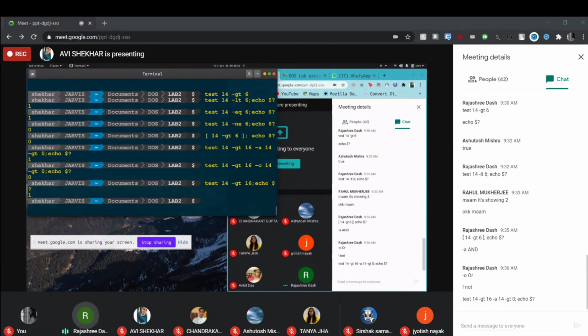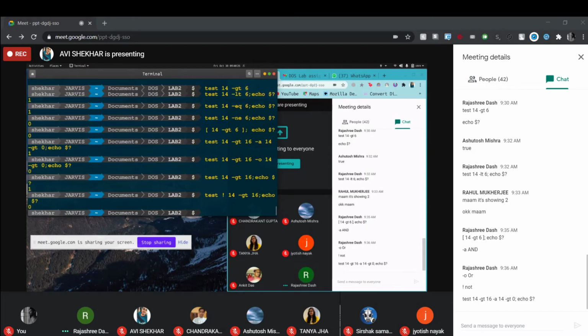One. Now, just before 14, put the not symbol. No hyphen, only the not symbol, the exclamation symbol. After not, give a space. And then run it. So just check. Previously the output was 1. Now due to not, it has given you the output